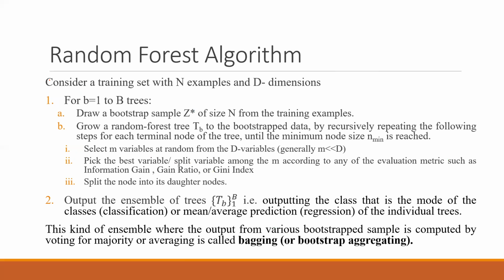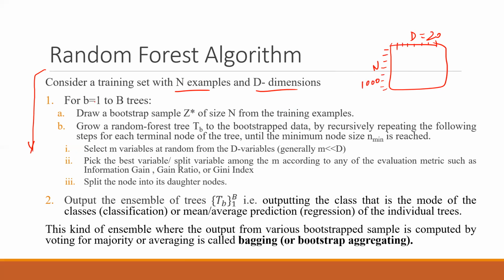Now this is the main idea, this is the main algorithm, and we will be discussing it. The basic idea I have already given, but I will discuss this algorithm step by step. Let's say we have n number of examples and d number of dimensions. This statement simply means that there are d columns and n rows. So this is n, this is d, and d might be equal to 20 initially, and n might be equal to 1000 initially.